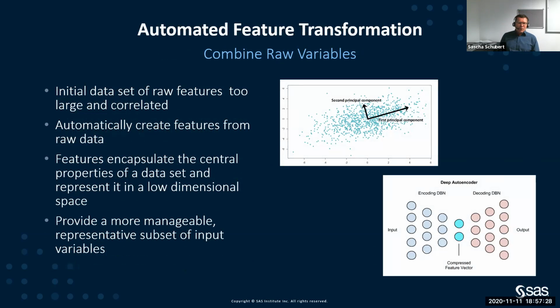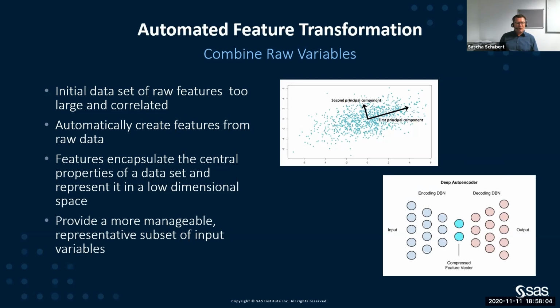You might also want to go into combining features, especially if they are related to each other, and creating new combinations of those features. Many of you that have been in this field for a while are familiar with transformations like principal component analysis, singular value decomposition, but maybe also with a newer type of transformation, which is called autoencoder.